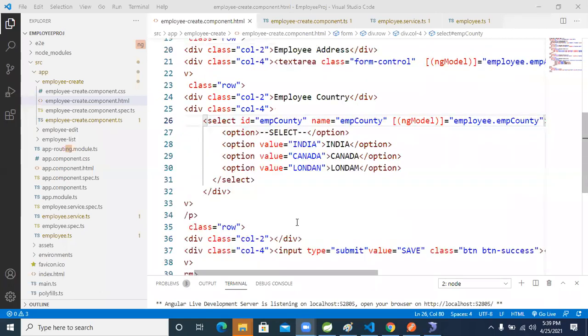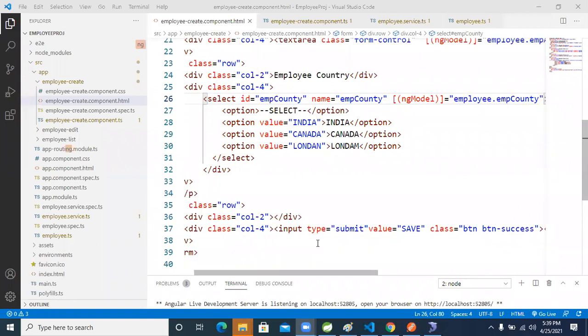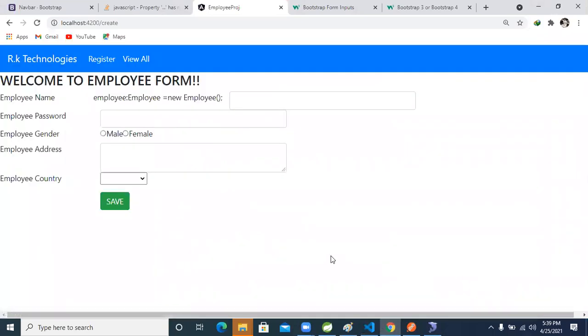So now everything is completed. Let's move on and we will see that. This is our employee project form data. Why is this one coming directly on the form? Something went wrong. No problem, we will resolve it.